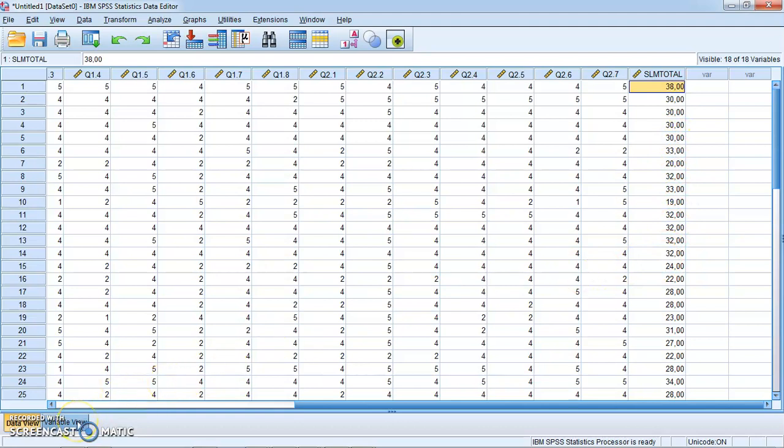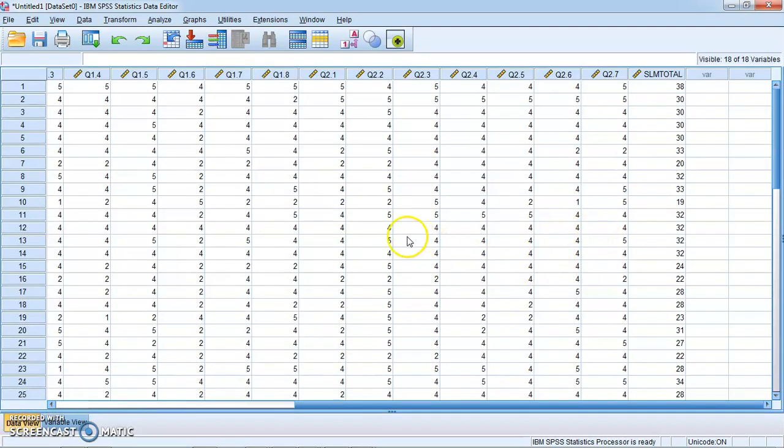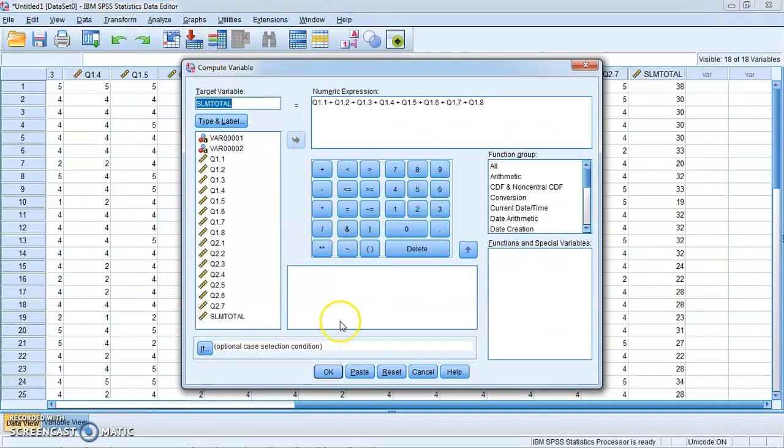You can change the decimals from 2 to 0, like this. Okay, and now same as previously, we go to Transform, Compute Variable. Now we put in questions 2.1 until 2.7 to find out the total,